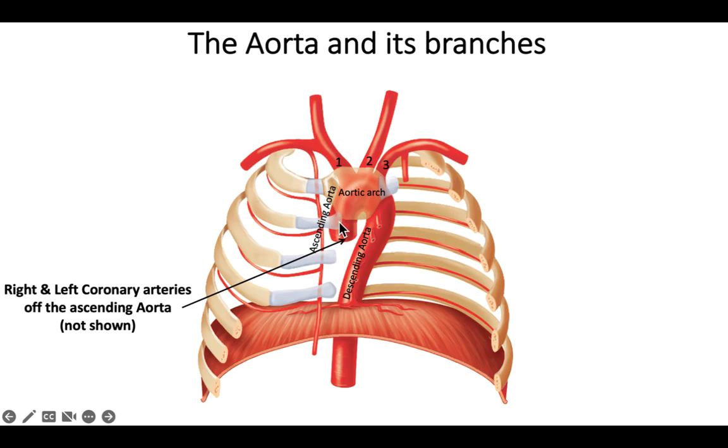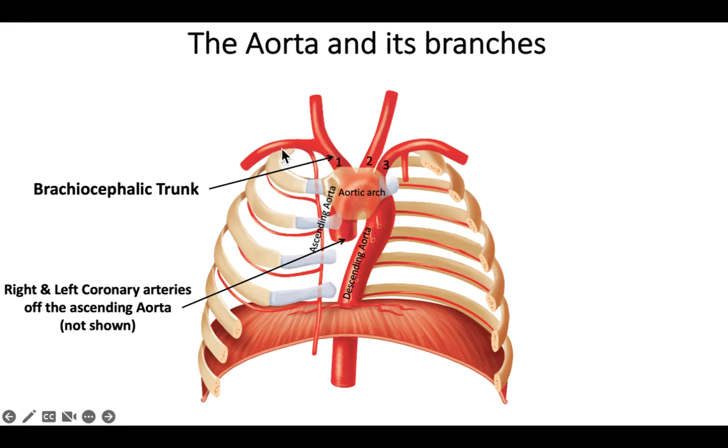And there are three major systemic arteries that come off of this arch. So what we want to do is kind of learn them in order. So the first one is known as the brachiocephalic trunk. If we look at that name, it suggests a couple things. Brachio is the arm, so some of that blood is going to head towards that right arm. And then cephalic means head, so some of the blood is going to head towards the head. So that's the brachiocephalic trunk. Trunk typically means it's an artery that's going to split. We already learned about the pulmonary trunk, so it suggests that it's a pretty big artery, but it's going to split